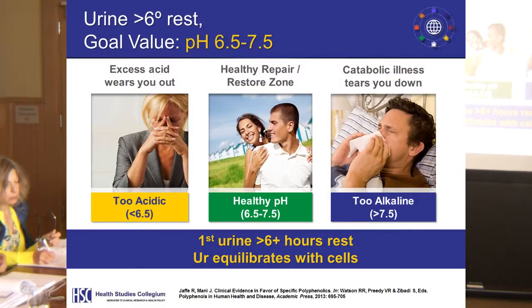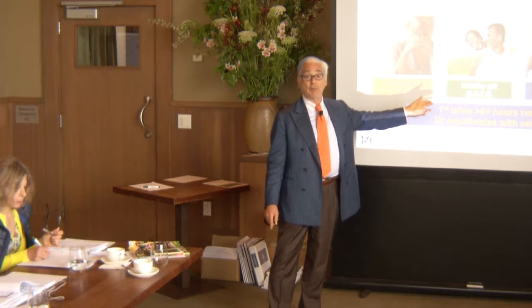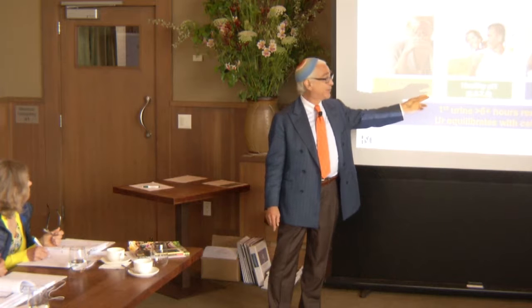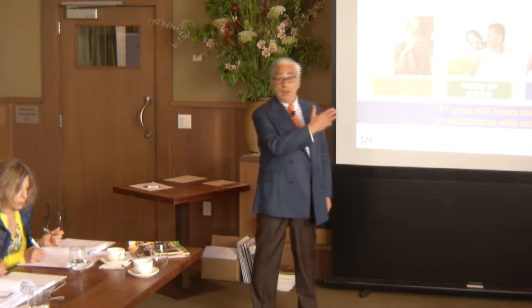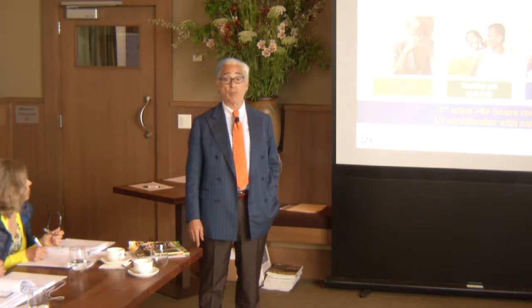And as you see, if you're too acidic, less than 6.5, you're at risk and probably have lack of minerals inside the cell, too much acid inside the cell, and therefore the battery is shutting down inside the cell. And you're shifting from elective protective to survival mode. And then the healthy range, the mid-range, 6.5 to 7.5. It turns out the middle path has a lot to recommend it in many circumstances. And on the other extreme, if you're more than 7.5 in the morning, you might be tearing your muscle down